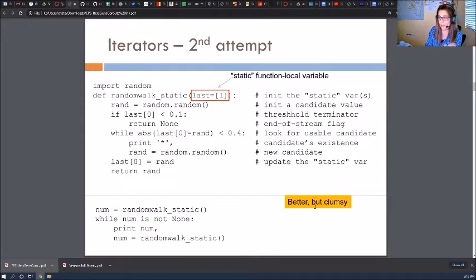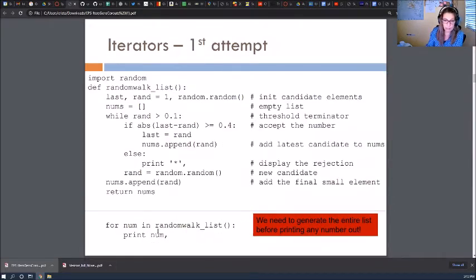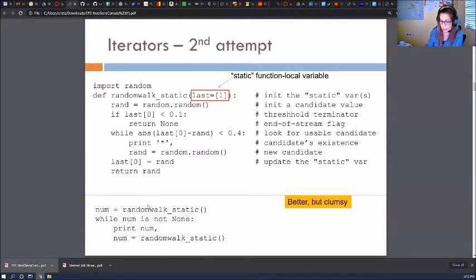Now, this is better, but it's kind of clumsy for many reasons, because first of all, the client side is a lot more complicated than the previous one. Right, the previous one was just very clear what is going on. This client side now has all sorts of, we have to call the first one first, and then have this while loop that is sort of calling the function over and over again.